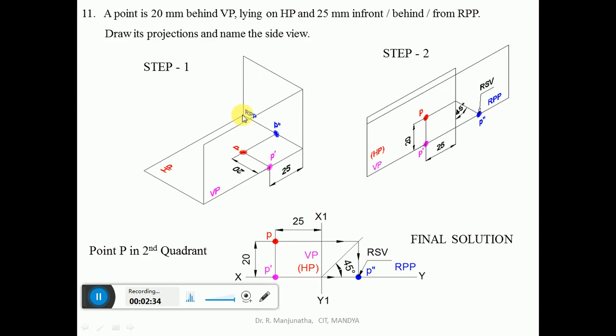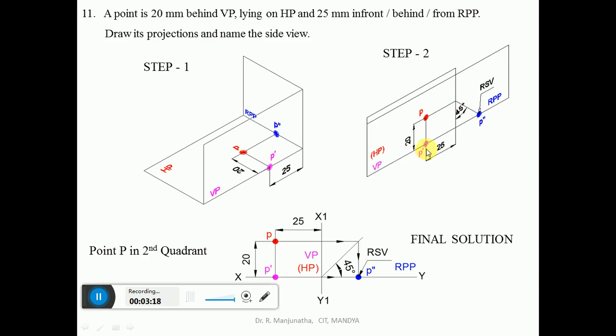Now we are going to cut it here and open it out such that HP is rotated to the top and right profile plane is rotated to the right side. Therefore, in the second position, you can see both VP and HP will be overlapping with each other above the XY line. So the behind VP will come above the XY line when it is rotated. So the images also get rotated. Now the distance with respect to the profile plane, that is behind RPP, is seen in both HP and VP. So the distance of 25 mm you can see in VP and also in HP. So both will be above the XY line.